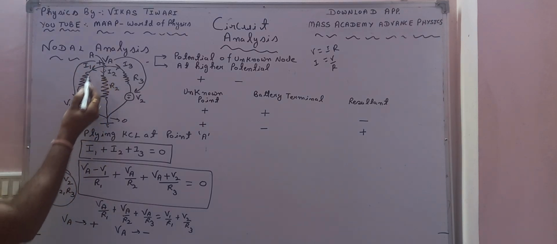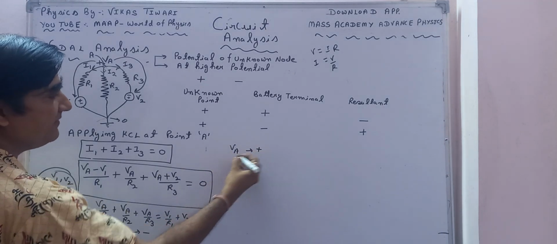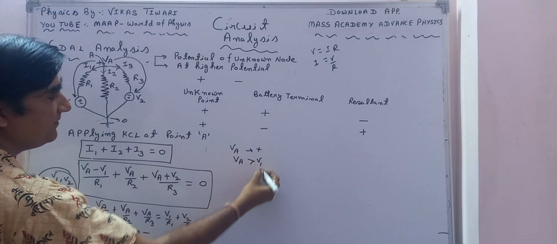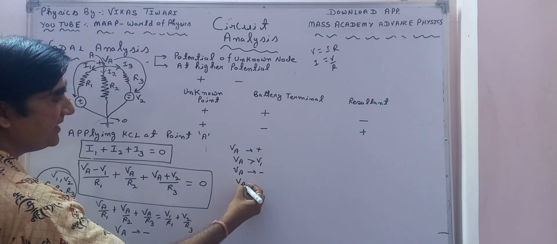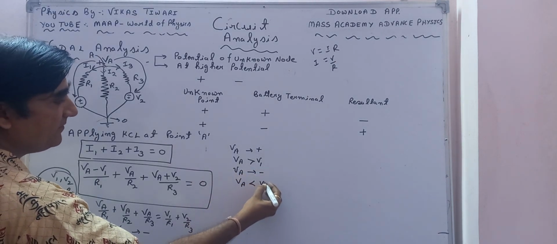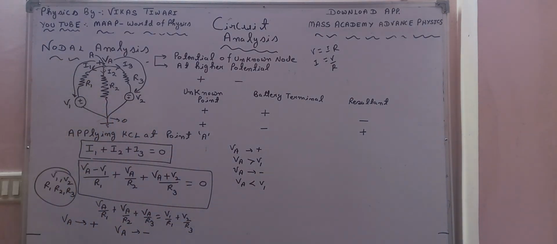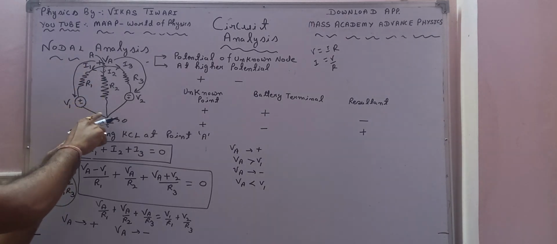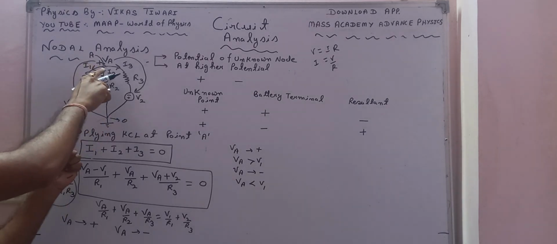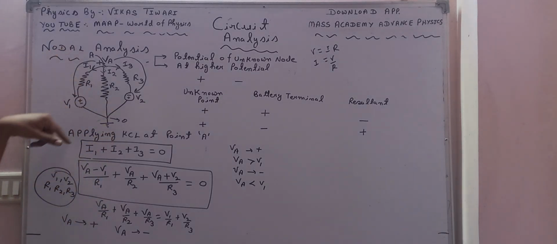If VA is positive, it means VA is greater than V1. If VA is negative, it indicates that VA is less than V1. In that case we can reverse the direction. Whatever current direction we assumed here, the actual current is flowing against it. So this is the basic application